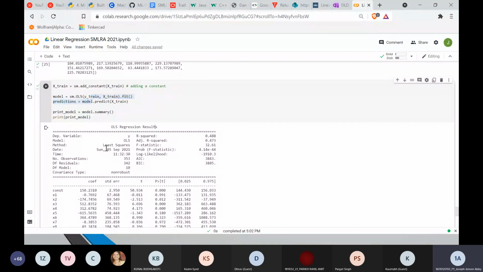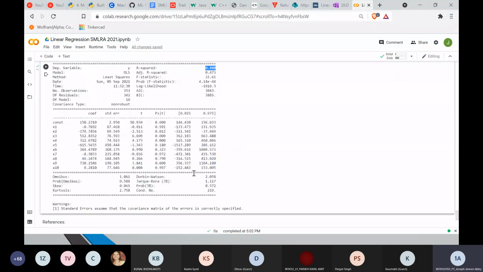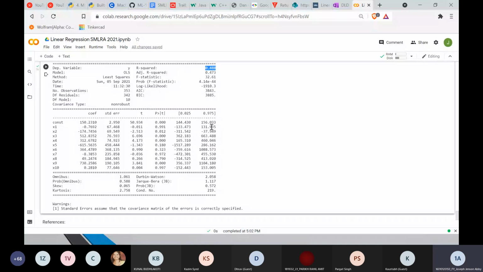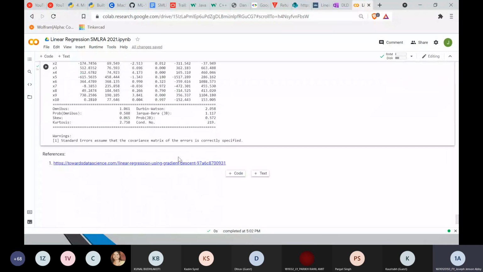Here the important thing you have to notice is that we are using OLS, as I mentioned, ordinary least squares, which is another name for linear regression. R square is the important measure here: it tells how much of the y variable we are able to predict. The y result, we are able to predict only 48.8%. The rest may be random error or noise, and the model is not able to predict that. So, assuming a linear model.